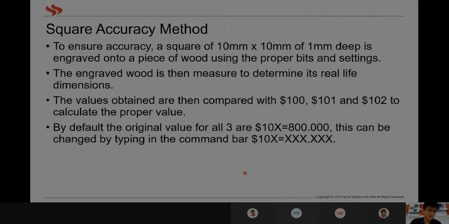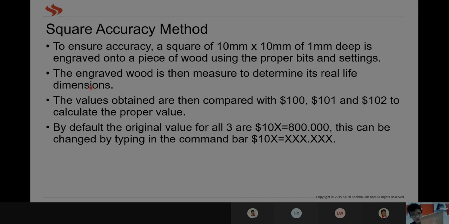So, as I mentioned before, for configuring the accuracy we normally use a square accuracy method. To ensure accuracy, a square of 10 mm by 10 mm by 1 mm deep is engraved on a piece of wood, not necessarily wood, could be anything, using proper bits and settings. The engraved wood is then measured to determine its real life dimension. I have an example here. As you can see, we have cut a square here. This is not exactly 10 mm by 10 mm on the wood, but it's just an example. You engrave a square here. Once you engrave with the proper setting in the system saying that it's 10 mm by 10 mm by 1 mm deep,